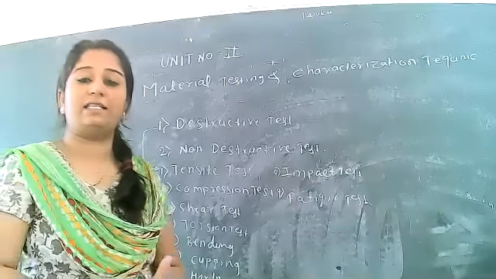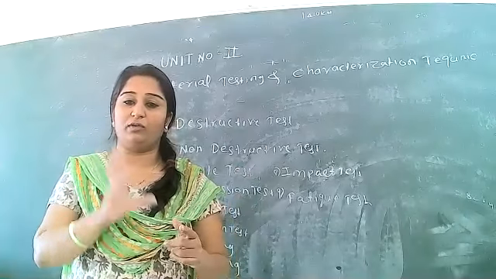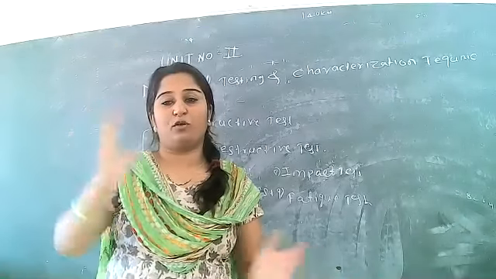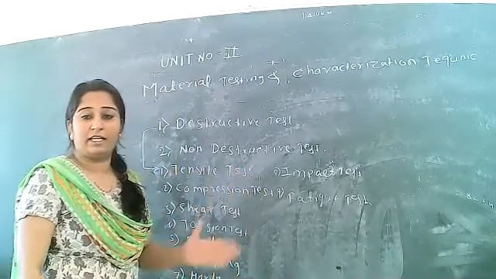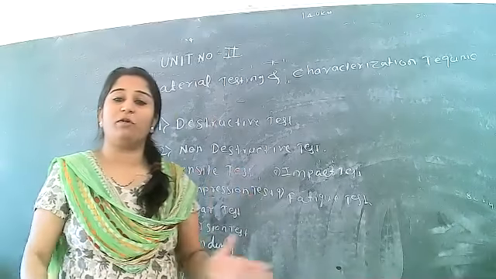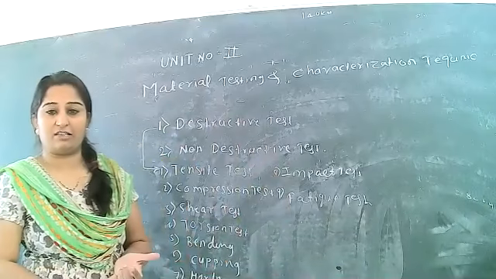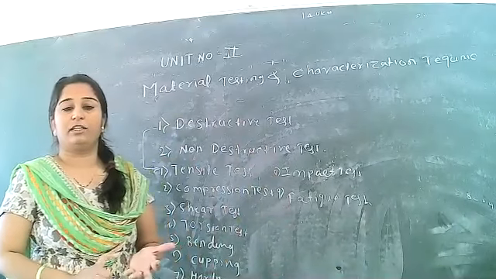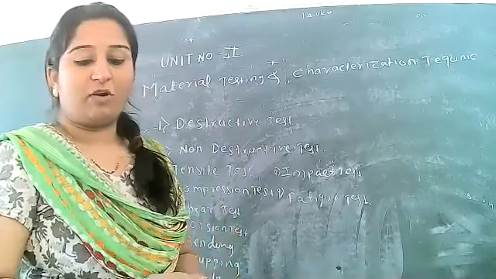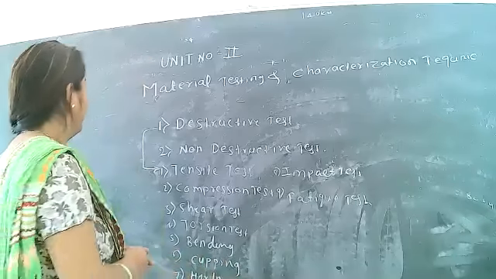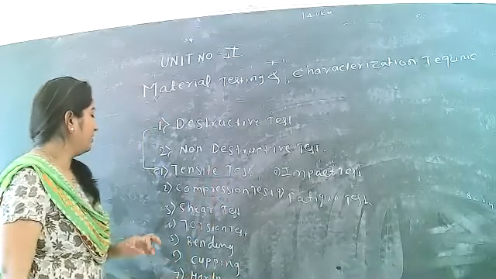In the tensile test, we are going to apply an axial force on one specimen and pull it along the tensile axis. That is called the tensile test. In the tensile test, we are going to find out the properties of the metal, like tensile strength, fatigue, ductility, malleability, all these types of properties we are going to find in the tensile test.